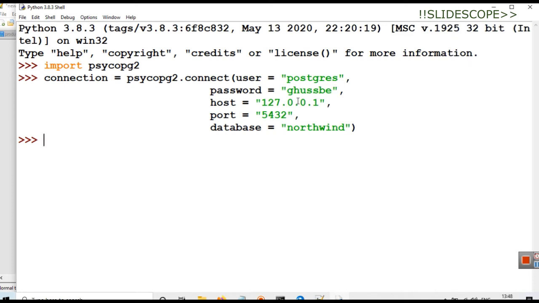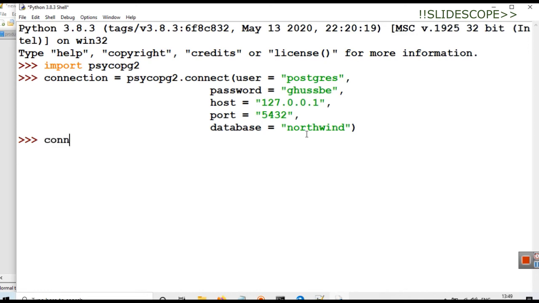Again, if you have installed PostgreSQL on some cloud or some server, and if your server allows remote access, then your hosting provider will provide you the name of the host, the name of the user and the password, and the name of the database will be known to you. So you can also connect to a database running on a web server. In our case, this database is running on our local server.